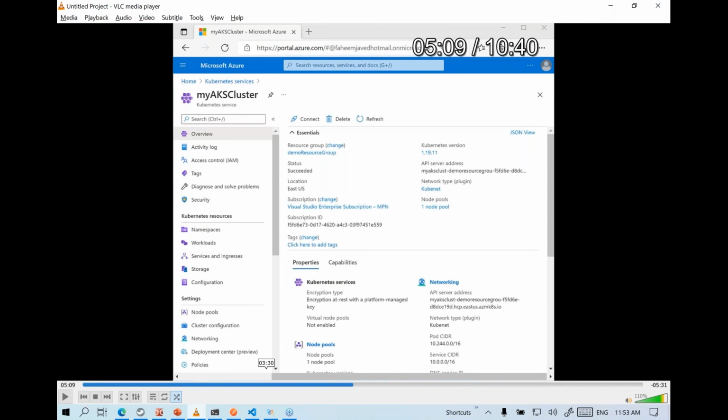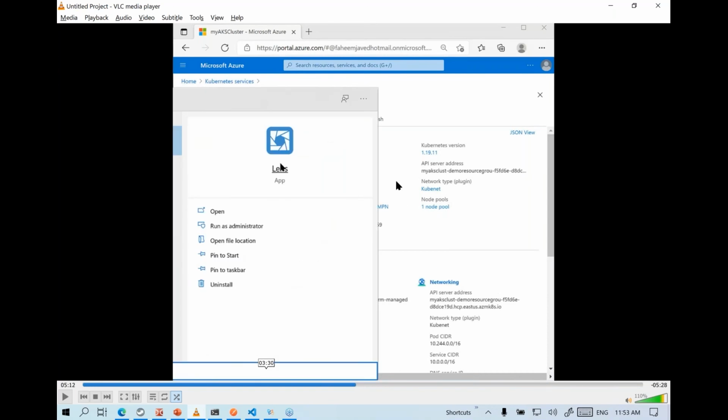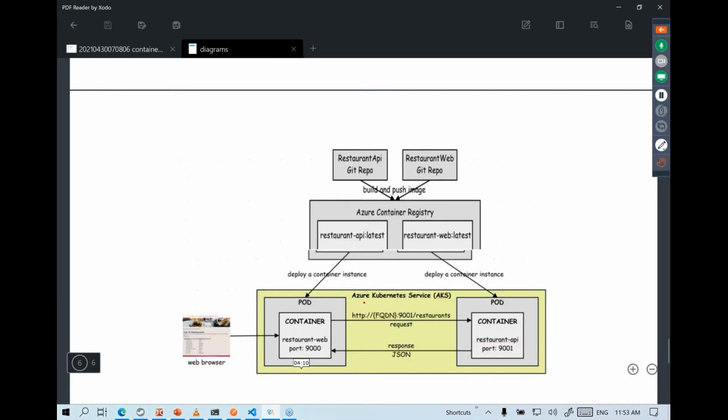And next, more importantly, I'm going to show you how to deploy our application to AKS. So our Docker image, we need to deploy it to AKS. And we want to do it from our local machine. So we have our local Windows-based machine, and we need to connect to the remote Azure Kubernetes service, and we need to perform deployments. And although you can choose to use a command line tool called kube control, Kubernetes control, but that will be a bit plain and boring way of doing things.